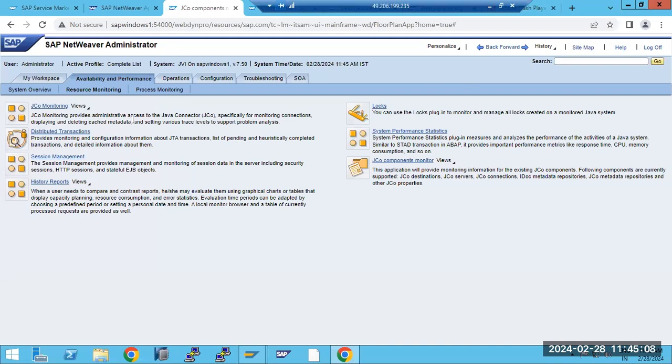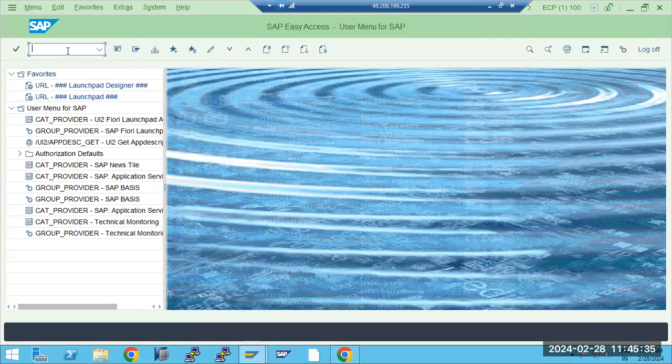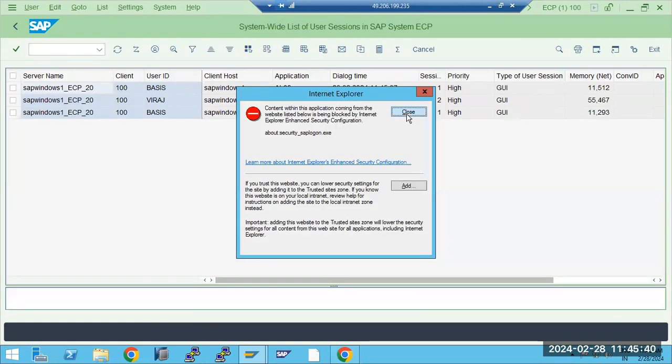If there are any Java performance issues, or any Java related issues, you can come to this screen and get some details, some useful information. Which users, what is the username, what is the task he is executing, what memory is occupied. At the above level we can go to AL08 and we will get all the details. But Java level